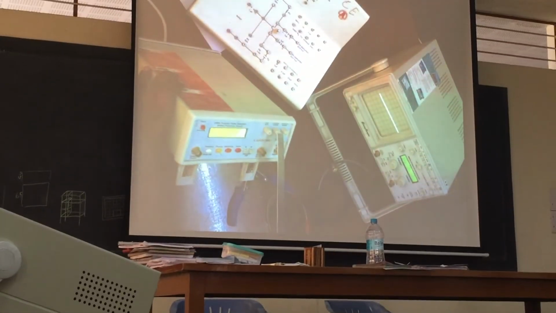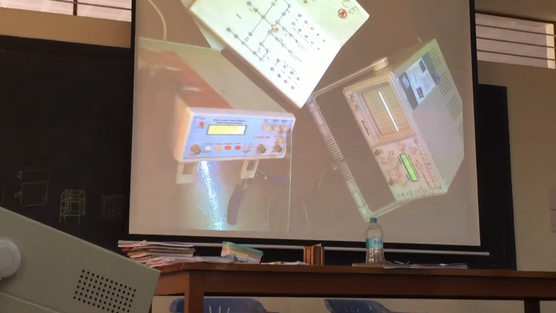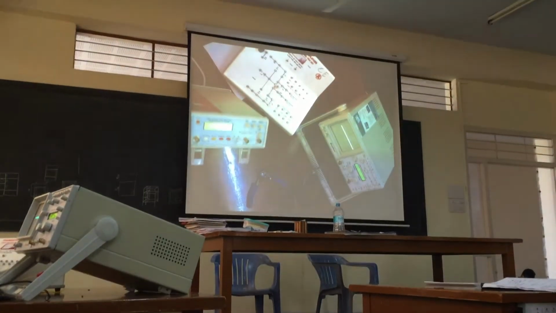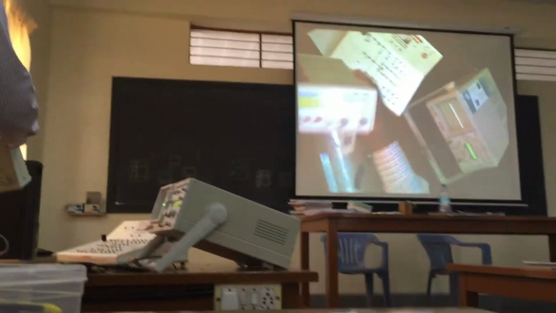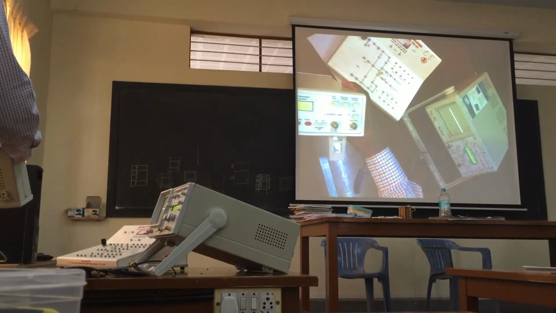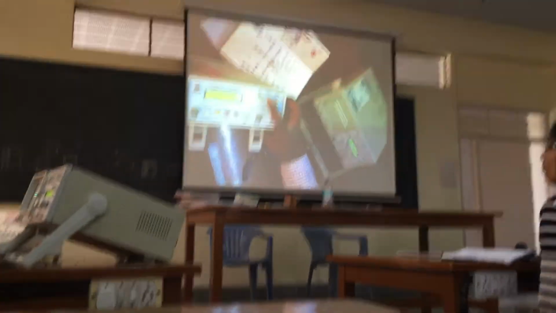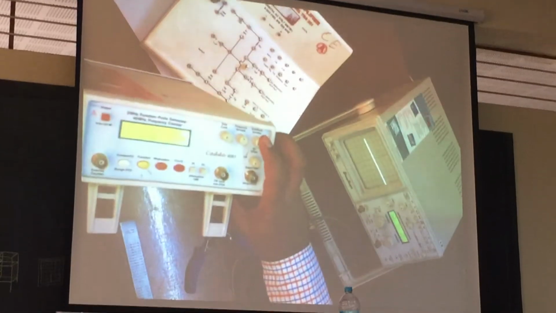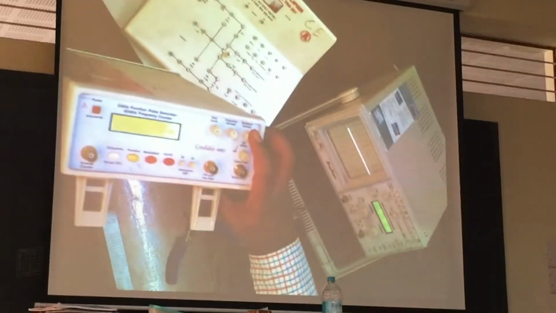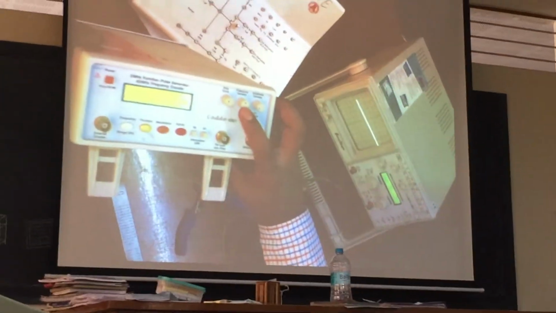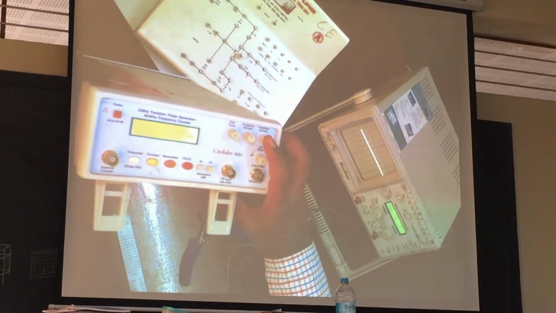After that, you have frequency variable knob in center, amplitude variable in the third position. So second and third we are using. You can see here. So frequency variable and amplitude variable. So this is frequency variable and this is amplitude variable. Is it clear? So to adjust frequency, this one; to adjust amplitude, this one.